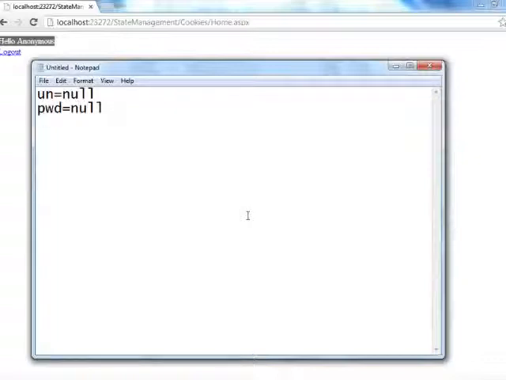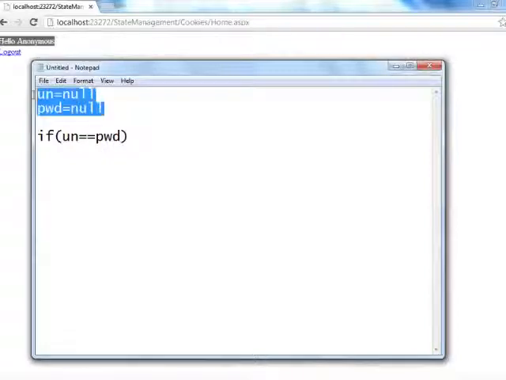Both are the same, having the same values. The condition we have written is nothing but if UN equals PWD. It satisfies this condition. But in the home.aspx page load event, we are checking whether the cookie has some value or not. If the cookie has some value, display hello and that value. If the cookie does not have any value, display hello anonymous.